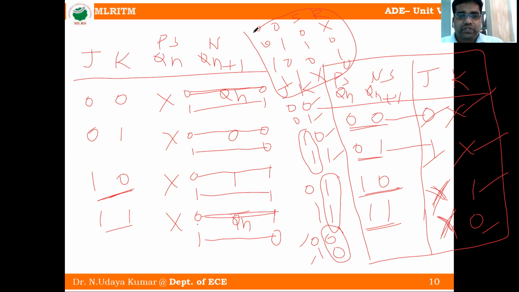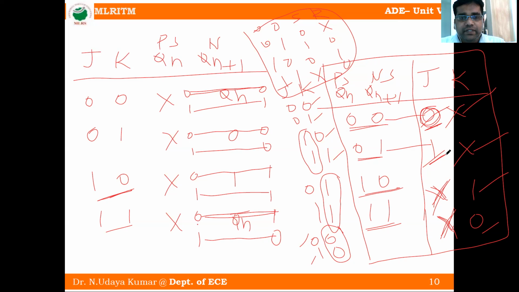Likewise, we have to derive the excitation table. The excitation table is nothing but, you can observe, in the JK flip-flop, 0 is the mandatory input for J equal to 0. For 0 0, to get the next state, J is the mandatory input 0. So the mandatory input is 1. Likewise, we will analyze. So this is called the JK flip-flop.